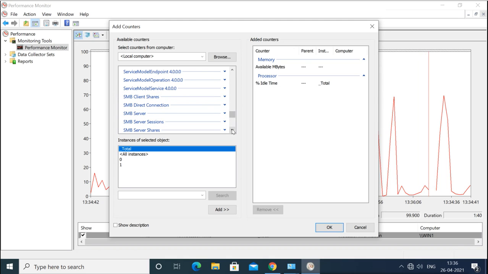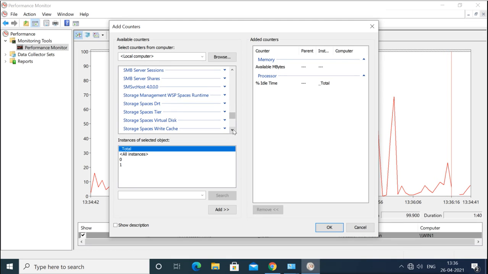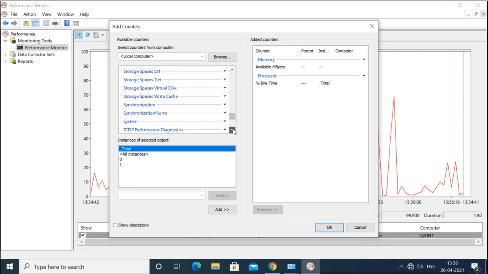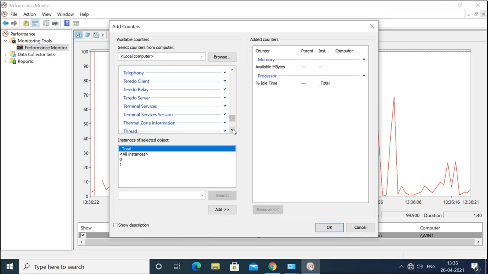You have assembly information, storage, you have storage counters, synchronization system. So lots of counters are there we can add here. So whatever we want we can add, and then we can press OK.